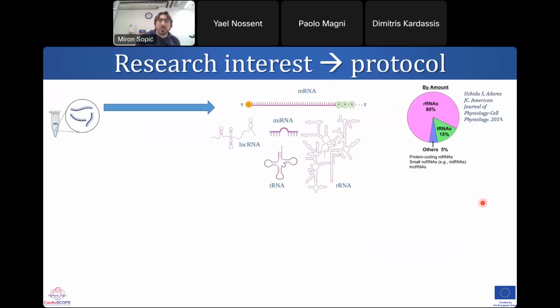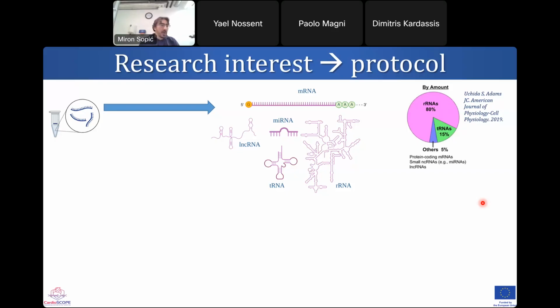Next question that you also need to ask yourself before actually going to sequencing is, what is your target of interest? Because when you extract RNA, if you don't do certain enrichments during the extraction, you have total RNA. Basically, this is a mishmash of different types of RNA. Unfortunately, these different types of RNA are not present at all in equal amounts. Ribosomal RNAs are basically 80% of total RNA, and around 15% is tRNAs, and then all the other RNAs,